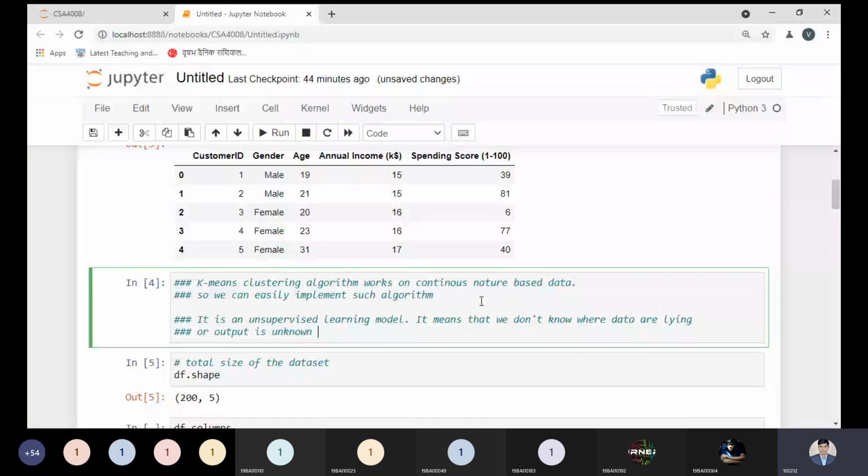When the output, or label, is unknown, we are following unsupervised learning.